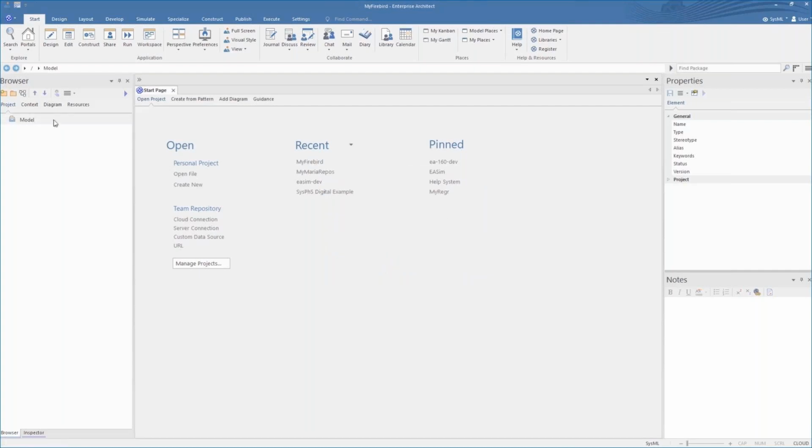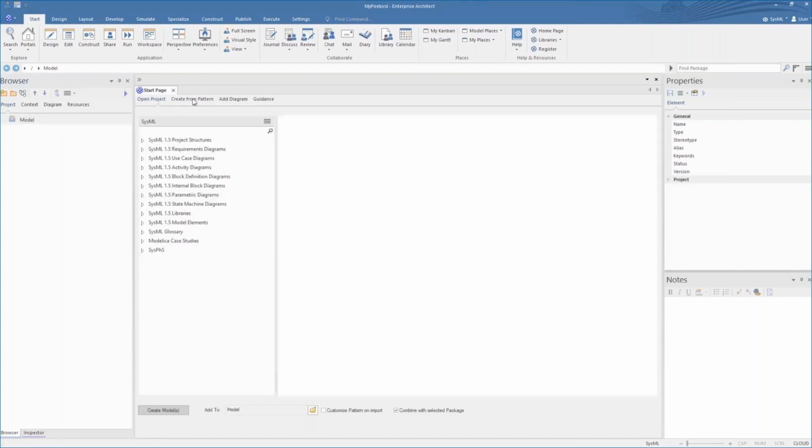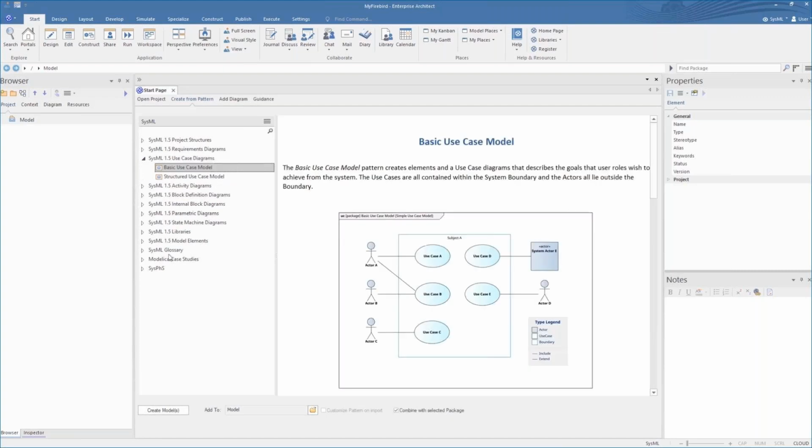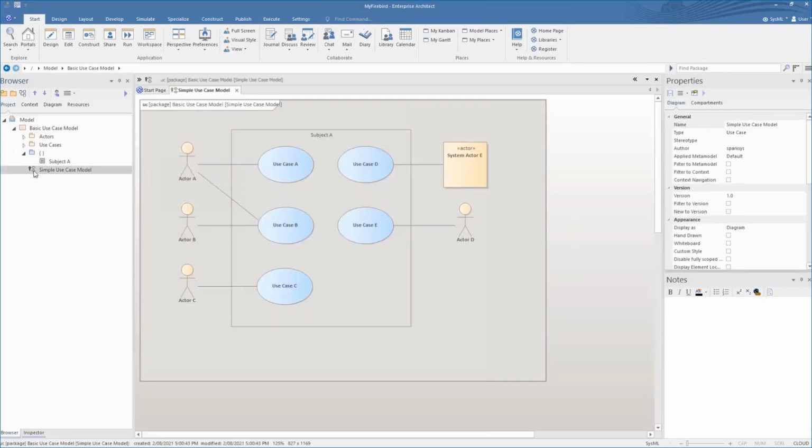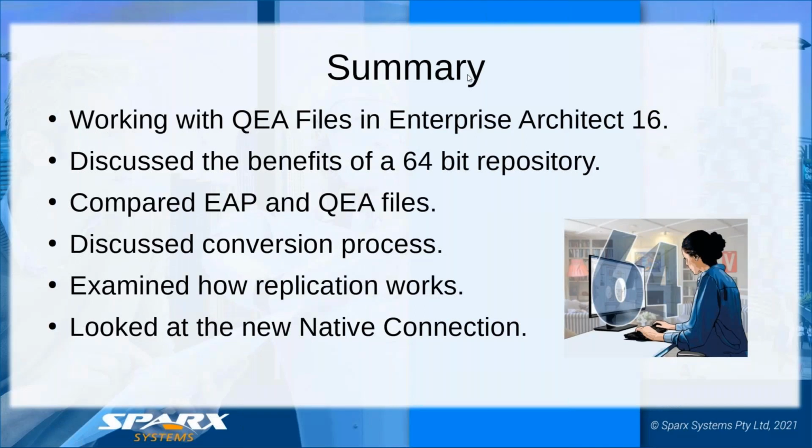So what we've done here in Enterprise Architect 16 is we support 64-bit technology. We also have streamlined the native connection dialog to make it much easier to connect to a repository. We've also introduced some features to make it really easy to work with QEA files in Enterprise Architect 16.